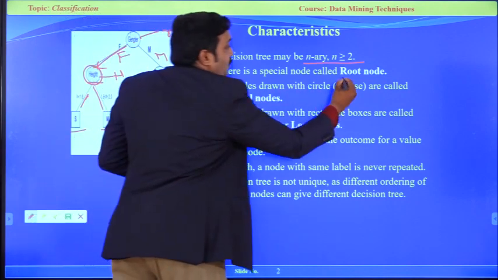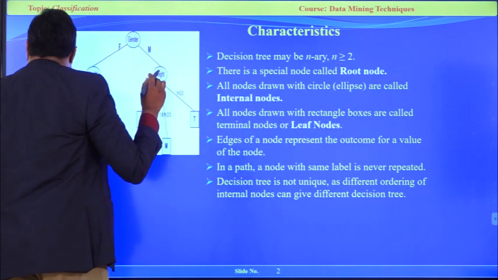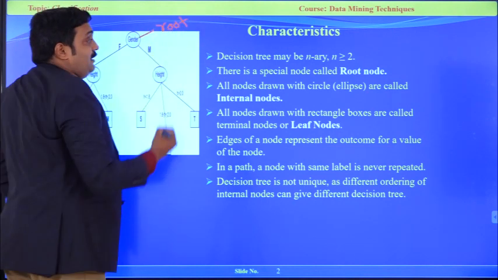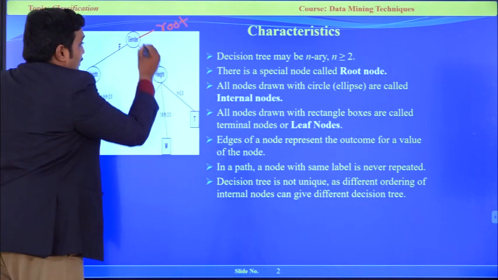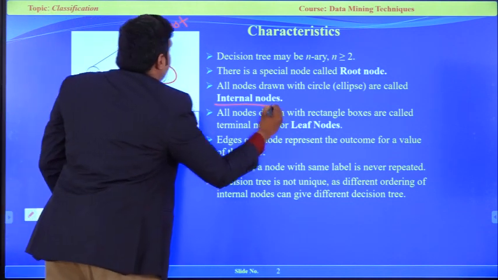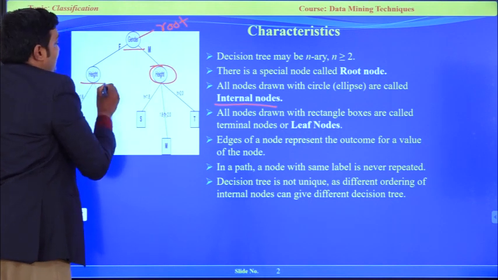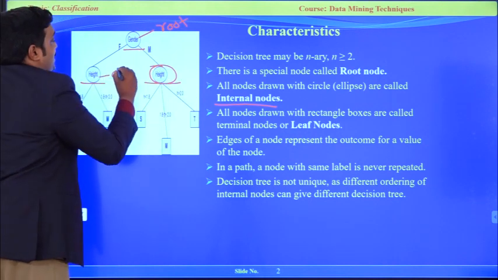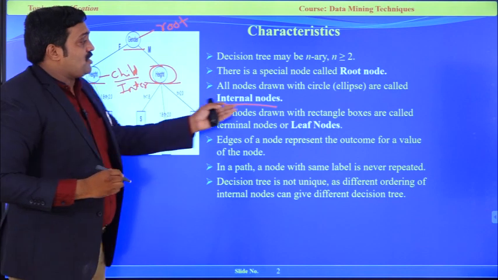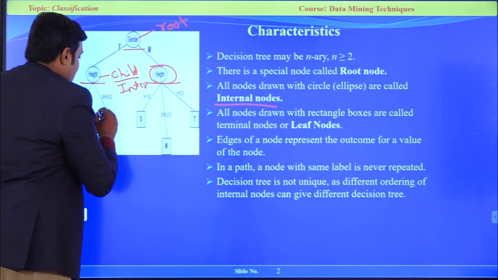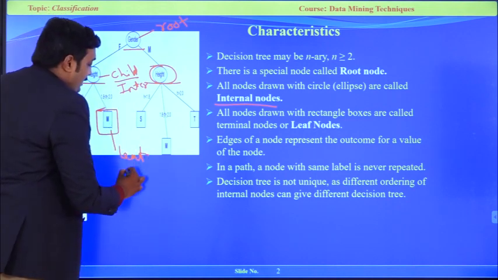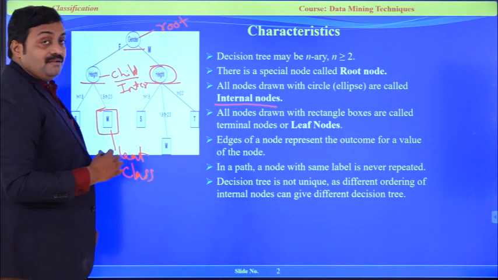There is a special node called the root node. That means the starting node is the root node. This is the root node, and from the root node to all the nodes drawn as a circle or ellipse shape are called internal nodes. That means this is the root and these are the internal nodes or child nodes. All nodes drawn with a rectangular shape at the end are called leaf nodes or classes. That means with this example,